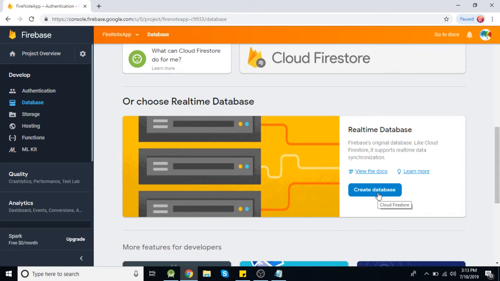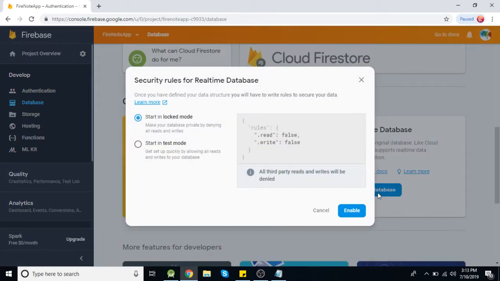So you need to click on this create database, and these are the security rules. Means you can restrict your application, or you can add some security rules so that only the verified or authenticated users can read and write to that database.